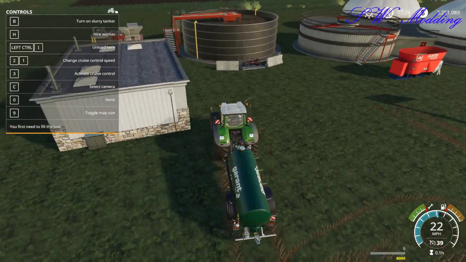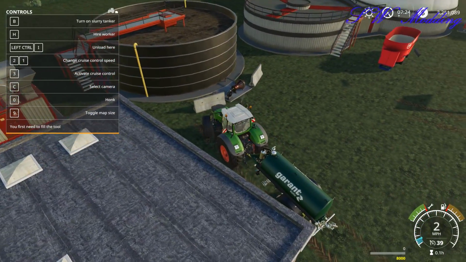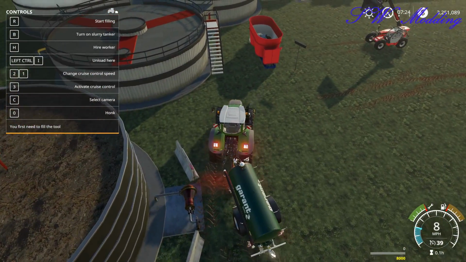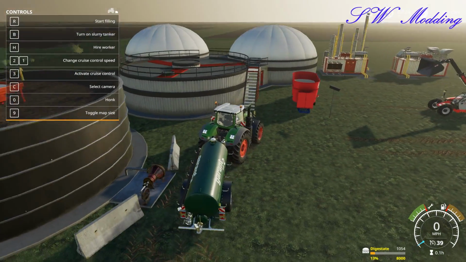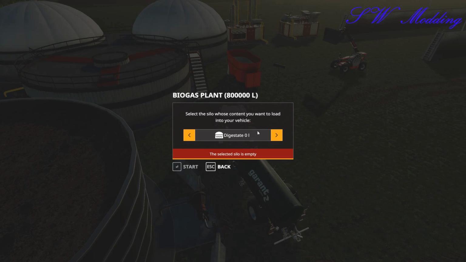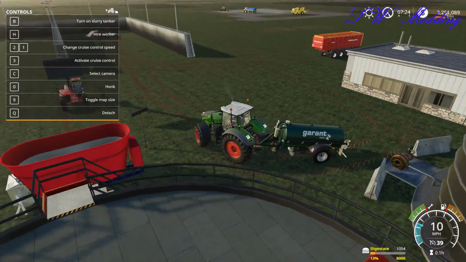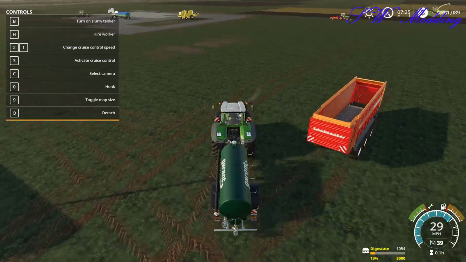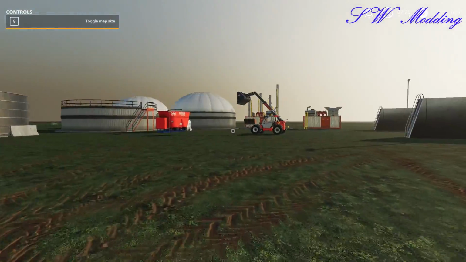So let's bring up the F1 menu here so I can actually see what's going on, and I hope that when I get into the right place here, it starts filling digestate. Fantastic. And there we go. So we've got a little bit of digestate in there, and that has actually now emptied it out. So everything there, as far as I can tell, is working the way it's meant to be, just obviously with a somewhat custom setup,